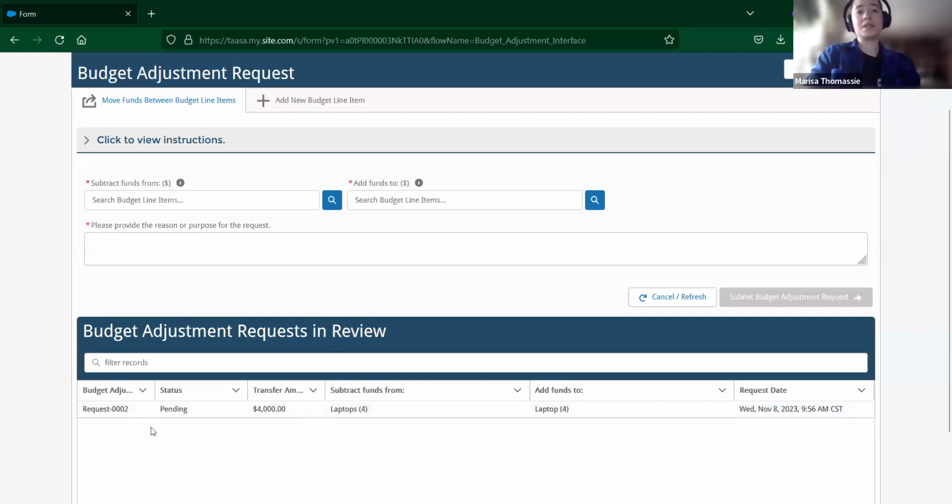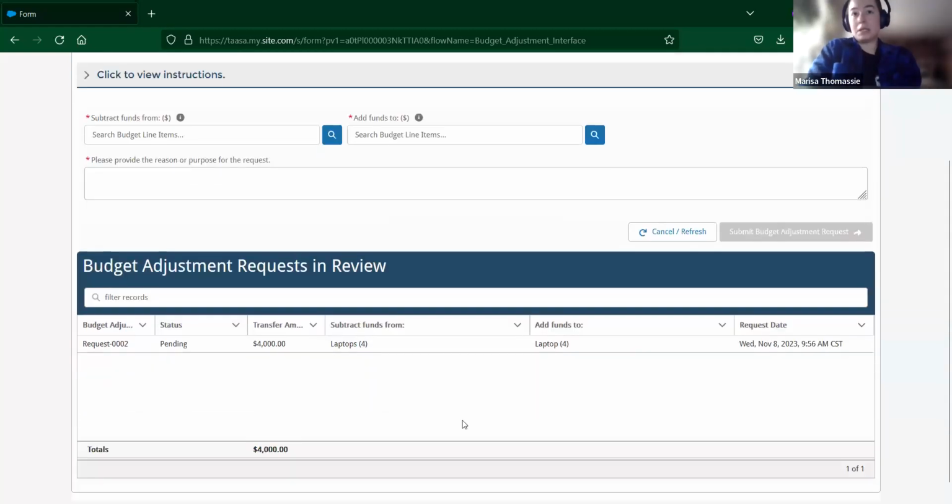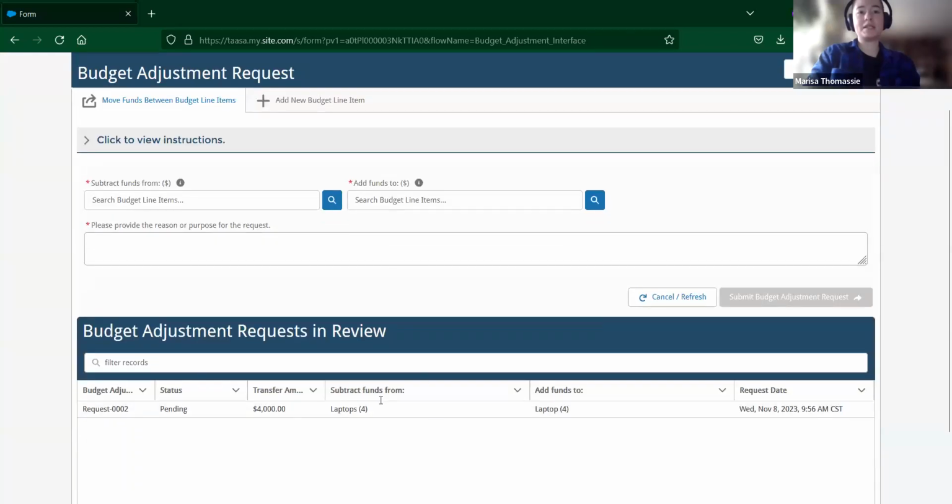So what you will do is as many transfers as you have to move, keep going until you're done. Because in fact, I just heard the email notification, and Peggy might have as well, this emails us as soon as you request budget adjustments. So rather than the back and forth of emails and the Excel sheet,